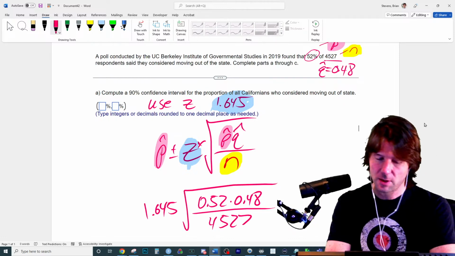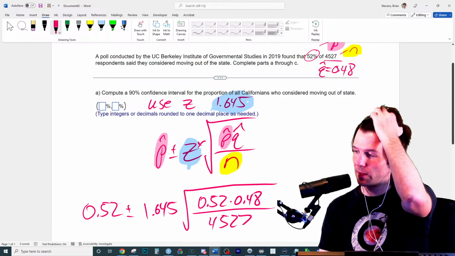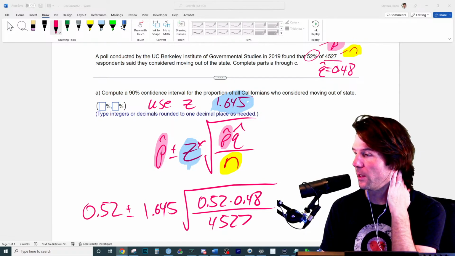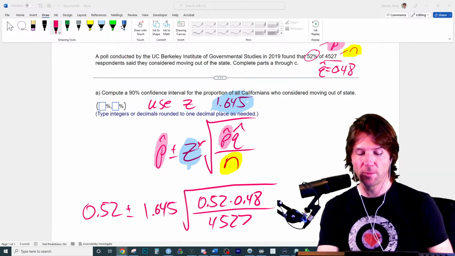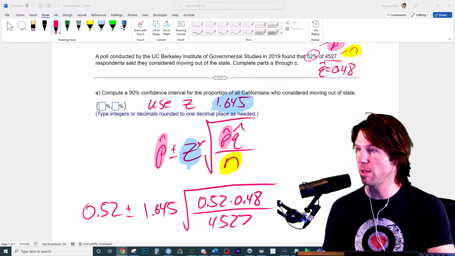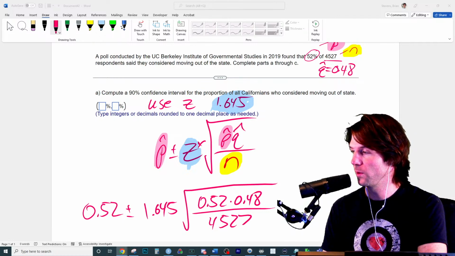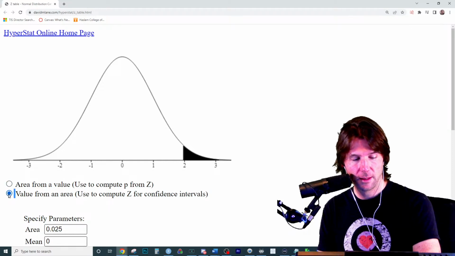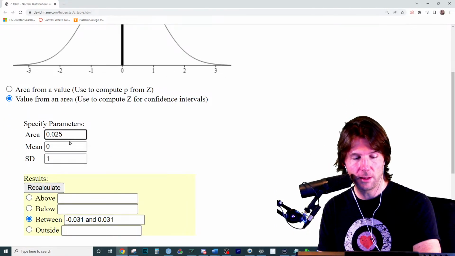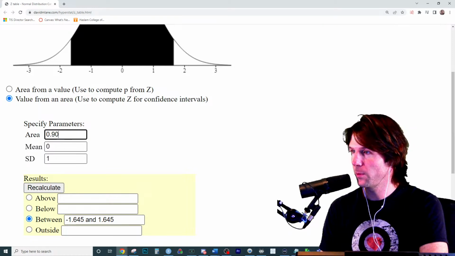And if you're wondering about the z-score, where do you think we will go to get the z-score? The 90% is relative to the z-score. So we need to go to the David M. Lane applet. You can also write these down, and we give them to you on a test. Go to the second button and put in the middle 90%. So there it is right there. That is the middle 90%.